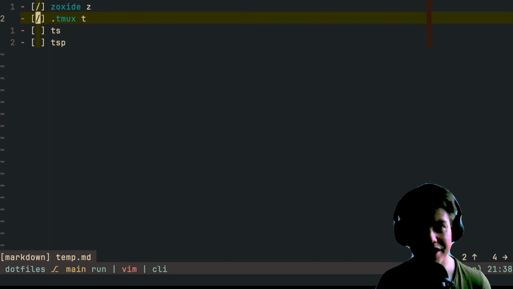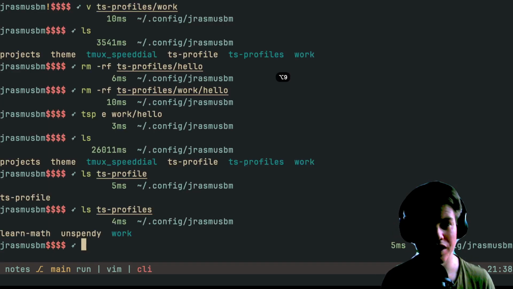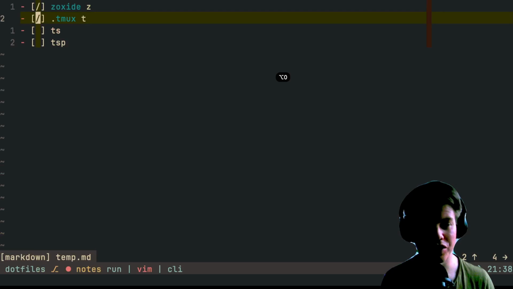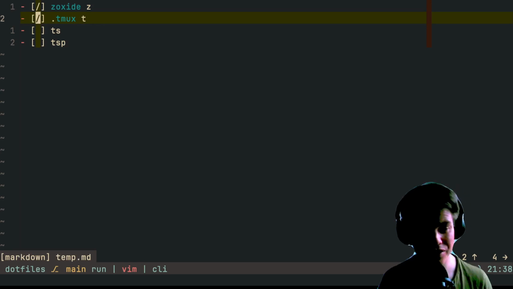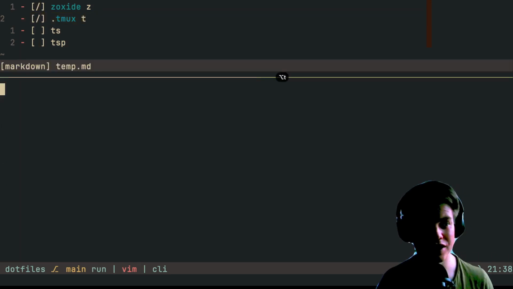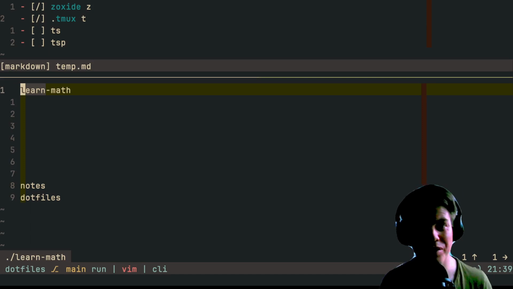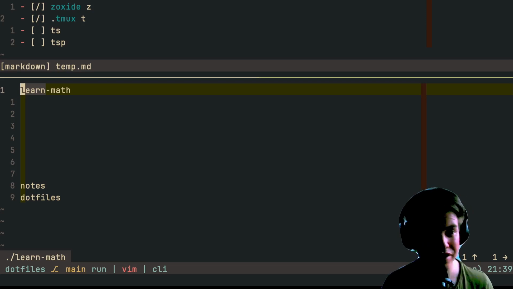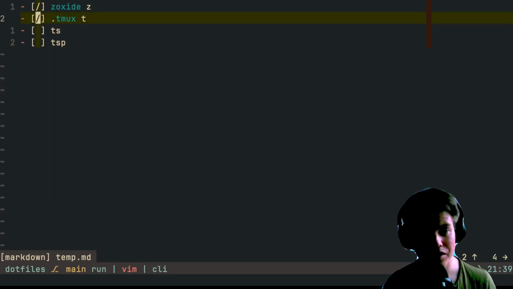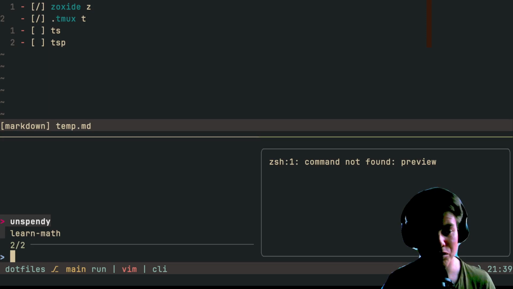So what speeddial does is it allows me to move between projects, for example, my notes and my .files, etc., with my Alt and number keys. It could be anything, but that's what I've used. And I have Alt T to show the list of speed dials. And this, for example, is for my project where I'm building a tiny app for my daughters to teach them some basic maths. And together with TSP, which is this thing, where I can change the preset I'm currently using,